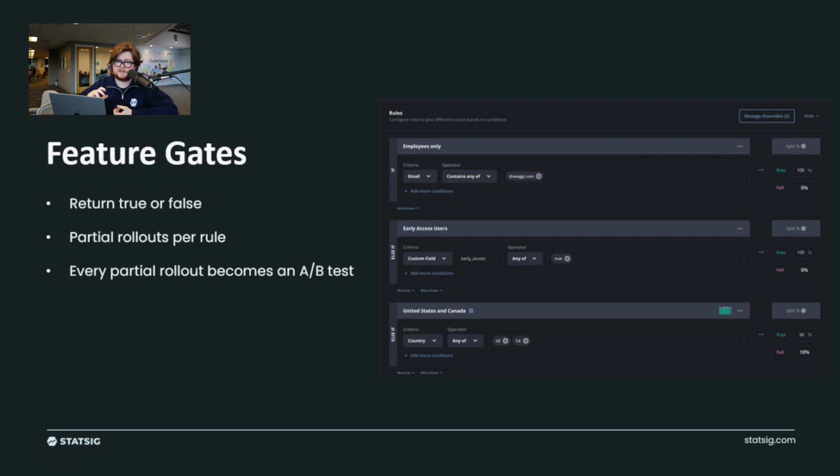So talking through the different components that Statsig has to offer, we just talked a lot about feature gates. Let's get a little deeper into feature gates specifically. So a feature gate returns true or false, right? This person has this feature or they don't. There's no third option there. It's just a Boolean. But what is really cool is that a feature gate is made up of a series of rules, right? So you're saying, hey, this